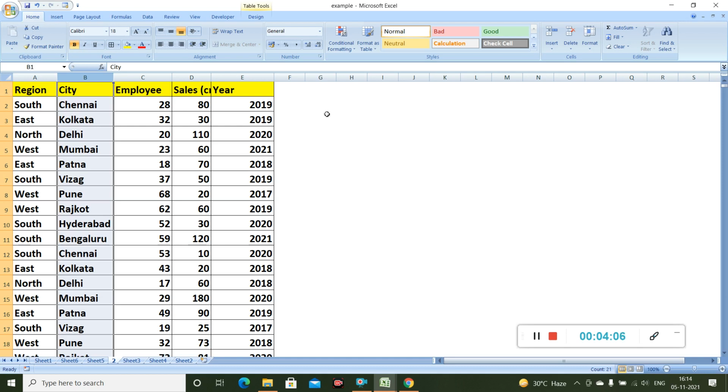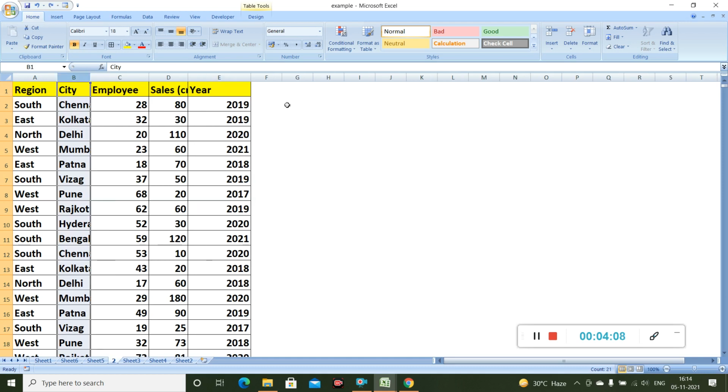Another method is to go to the border line of that column. Let's say I want to make the changes in the second column, the city column. I will go to the border and put my cursor there. A cross sign will come. You can see the cross sign there.